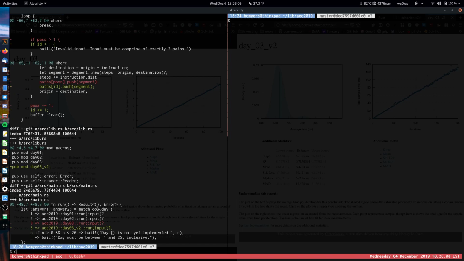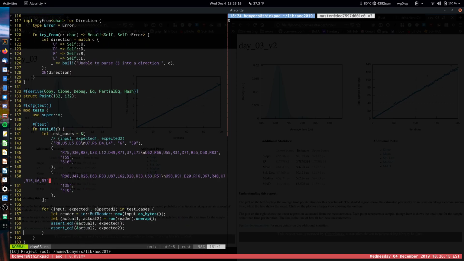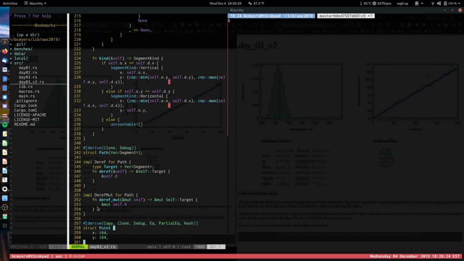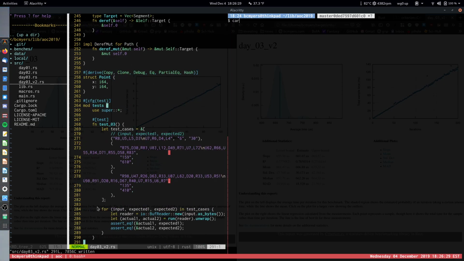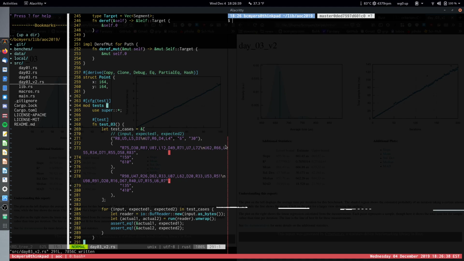So that all looks good, except for the one thing I'm remembering that we have not done is add tests to day 3 version 2. I think we can just copy what we have here over to day 3 version 2, and we should be good. Source day 3 version 2, add those tests down there. And let's see if we run cargo test. Yeah, good. It tests day 3 and it tests day 3 v2 and everything passes. So with that little addition,